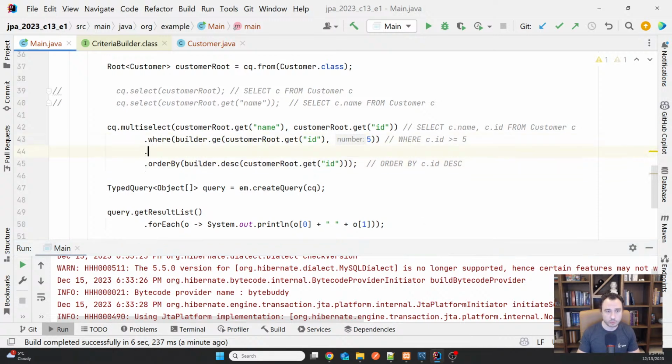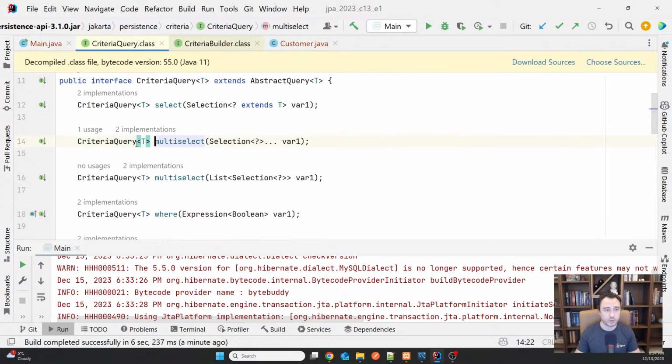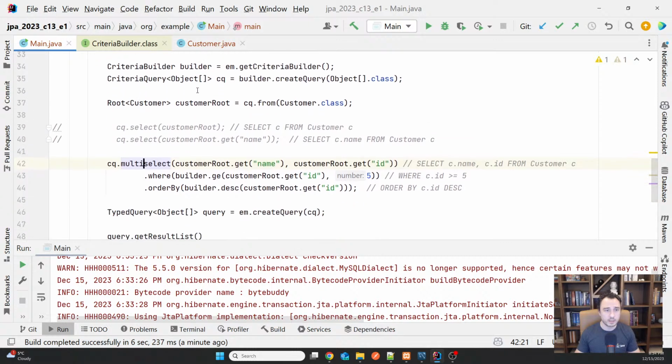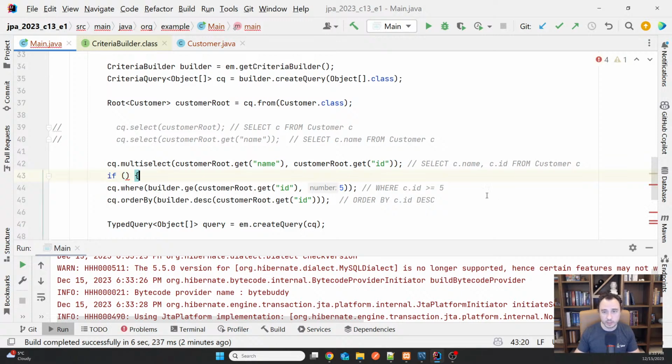And what else can you do? Remember, all this would not necessarily be in one place. I want to make sure that you understand very well that this is something that you can call dynamically. You will see that all this returns the query. So you can say the query has to select that, semicolon, the query select that, semicolon, and then you might dynamically